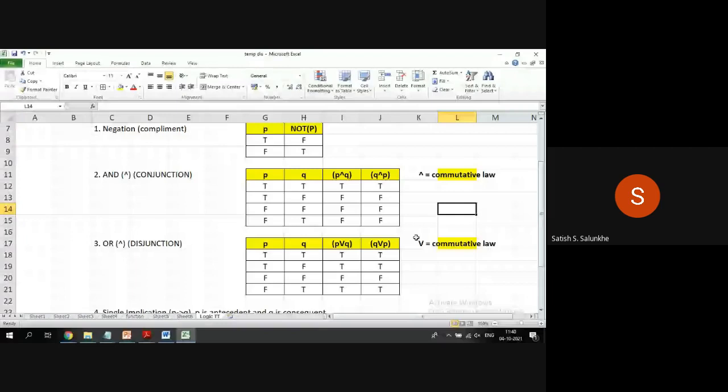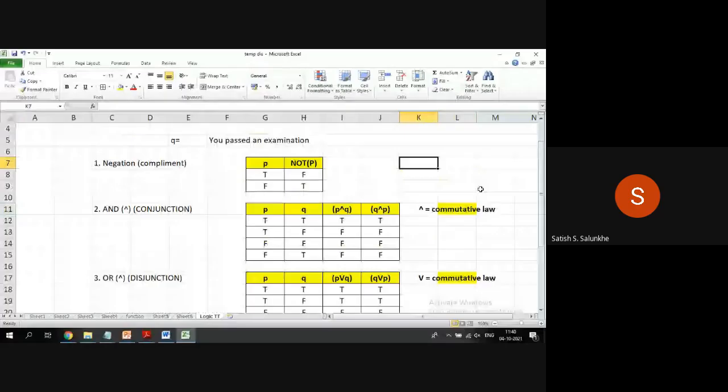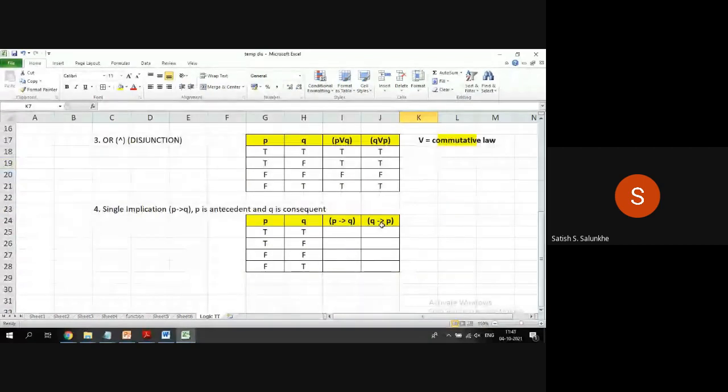It satisfies the commutative law. So there is no commutative property for negation because it is a unary operator. It requires only one input argument. So for binary operators, we need to check the commutative law. So now we'll go for the single implication. Now let us try to understand what is P implies Q. So we already noted